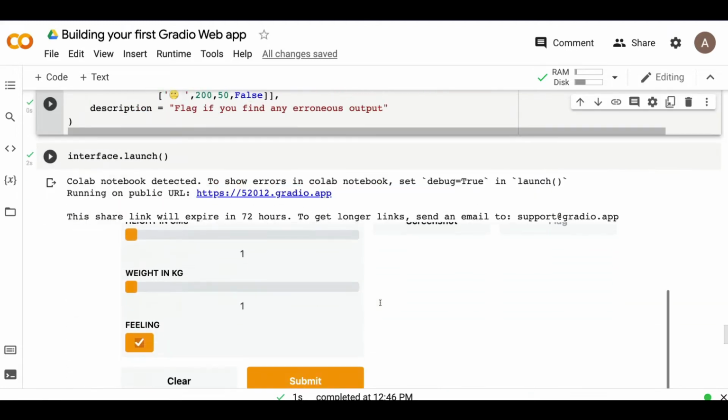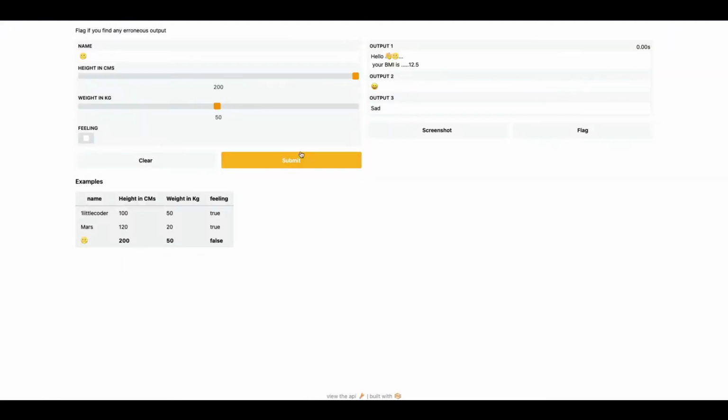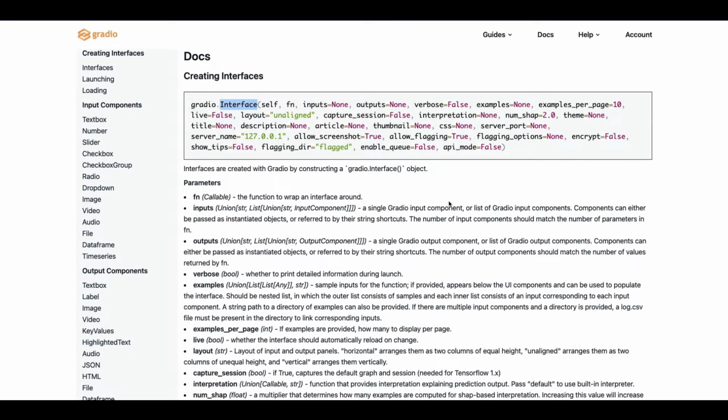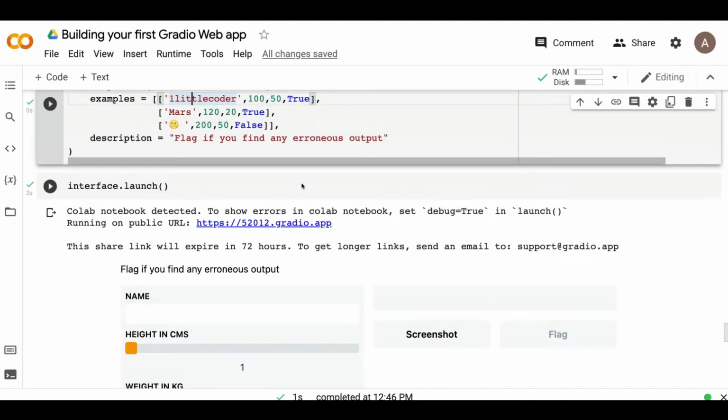The second thing is, what if you don't want to click submit all the time? What if you want it to be reactive? If you have seen Streamlit, RShiny, or even Tableau, there are a couple of instances where you can select an option and then suddenly it is reactive. Suddenly you see the output rather than somebody going and clicking. And for that, within the Gradio interface, you have an argument called live. Currently by default live is equal to false. If you say live is equal to true, then you don't have to submit every time.